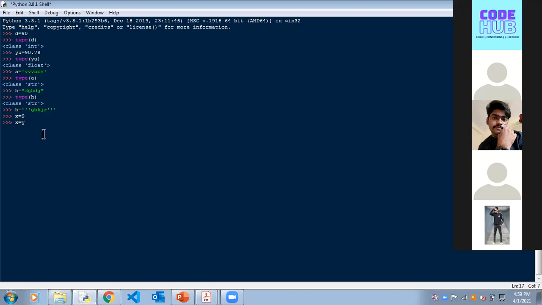See, I'll tell you how. I'm not printing anything right now over here. I didn't declare y. It will tell me that y is not defined because it is always assigned from right to left. You put a value on the right, that is 9. 9 is being put into x ka dabba.